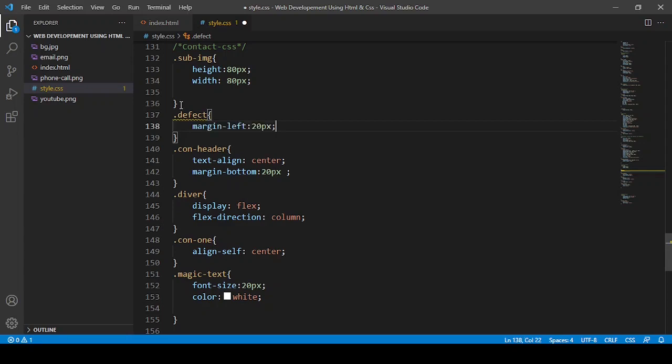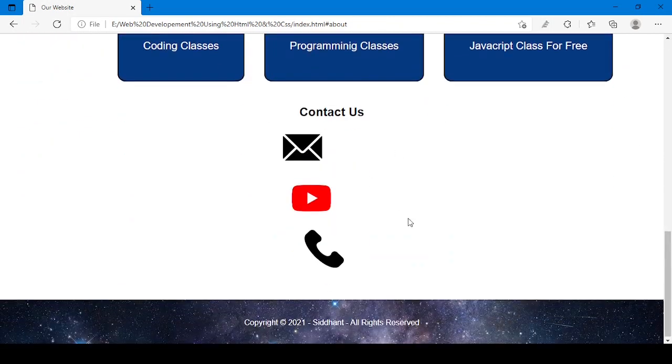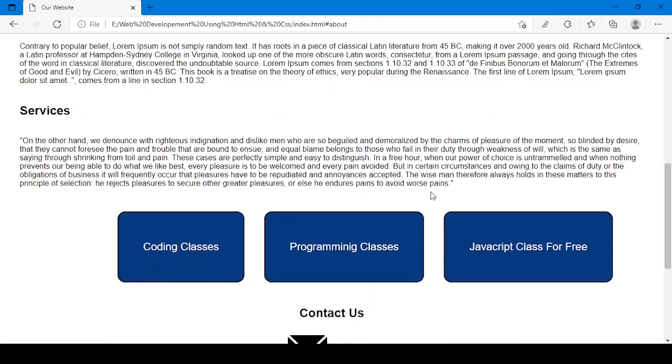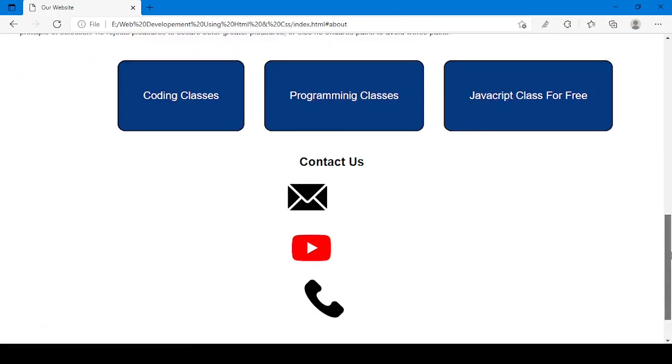I'm going to just paste that one, something like 30. Now I think it is in center. Now 40 will be fine. So now see, now these all are in center, almost.